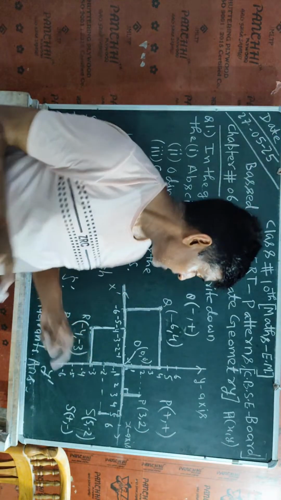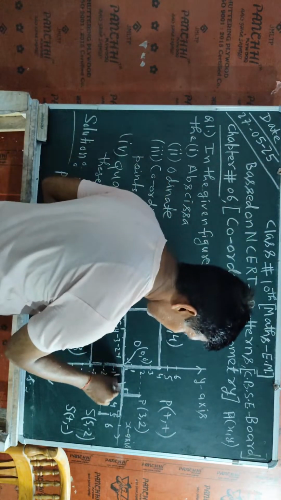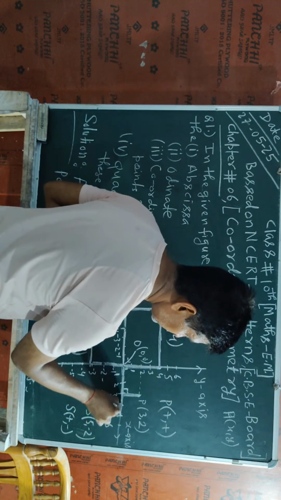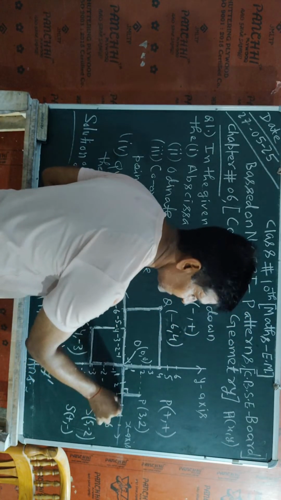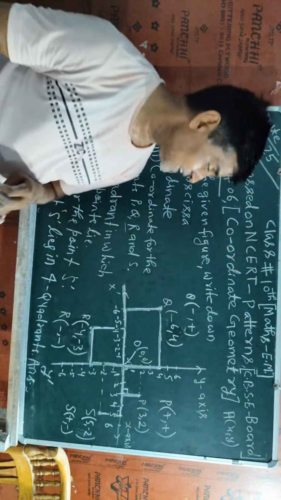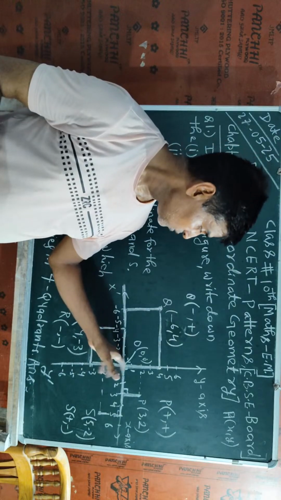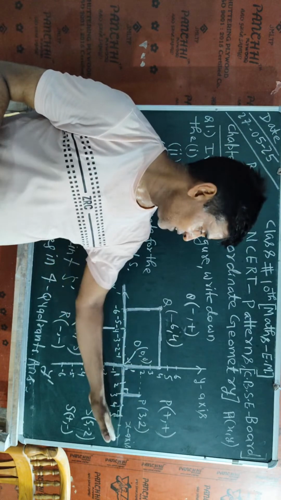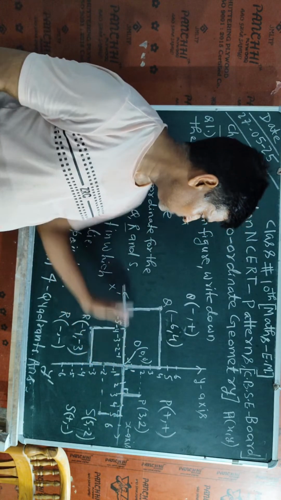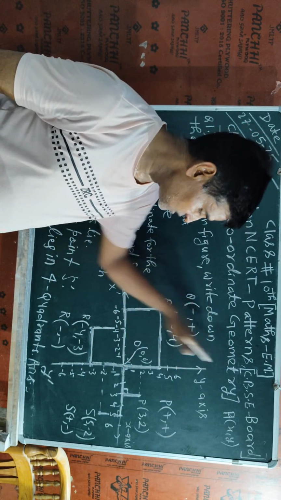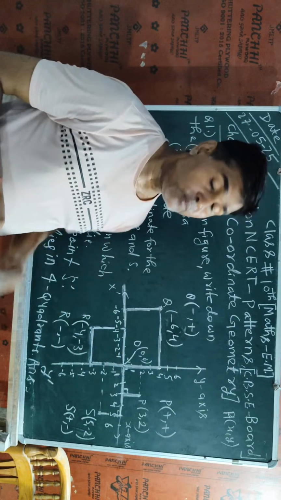It means that any two consecutive numbers have the same length. So I will follow that measurement, and I will write from the origin to the positive x-axis, and also from the origin to the left x-axis, and also from the origin to the positive y-axis, and also from the origin to the below y-axis,